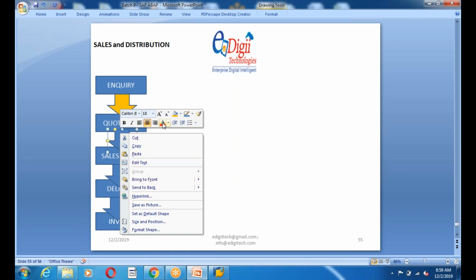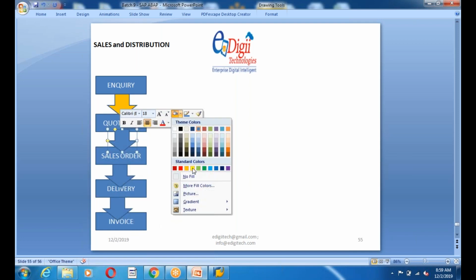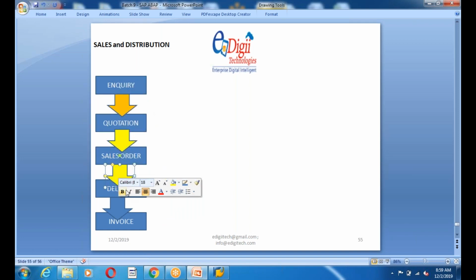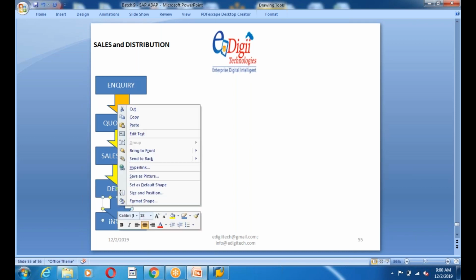Then you go to that store and order the product. Once you order it, they will deliver it, and once they deliver, you need to pay the amount, guys.